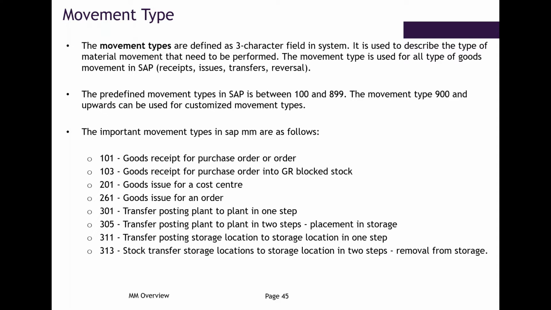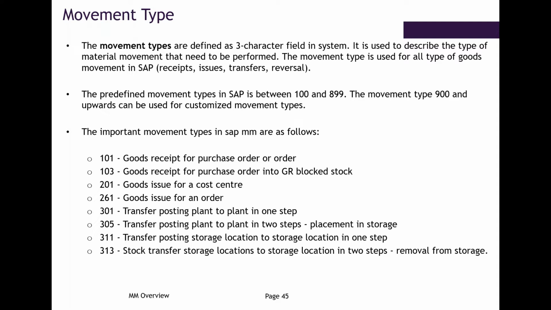So for incoming materials, which are coming inside the inventory, we call it a goods receipt. Okay. Generally, goods receipts have different types. Like if we are procuring from an external vendor, that is through a purchase order, then we'll have the 101 movement type. In SAP, every movement type has a 3-digit code, and by seeing the movement type, you can say what type of movement it is. For 101, if it is procured from a purchase order, it will be 101. If you are procuring against a purchase order into GR blocked stock, it will be 103.